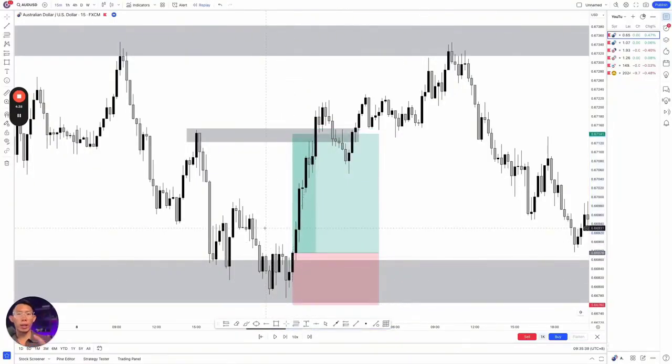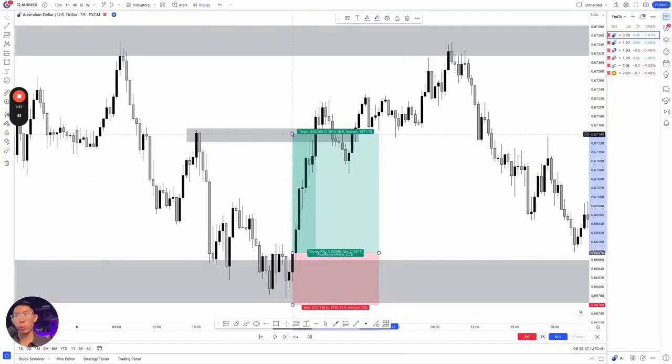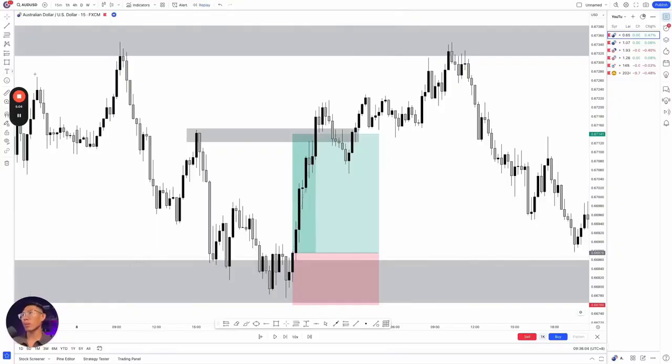Now, before you enter this trade, there are two things that you must do. The first thing is to forecast where you place your stop loss and your take profit to see your risk to reward ratio. If it's more than 2, then by all means, go ahead and take that trade. If it's less than 2, do not take that trade. The second thing you need to do is to calculate what position size you should be using. So in this scenario, let's have an example where, once again, we have